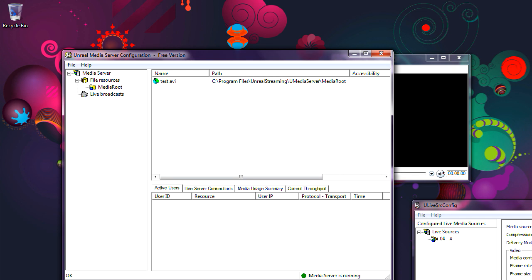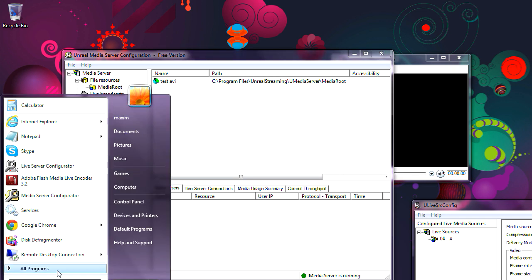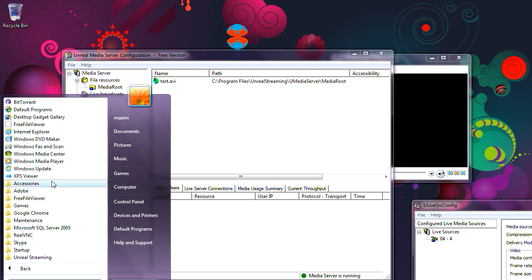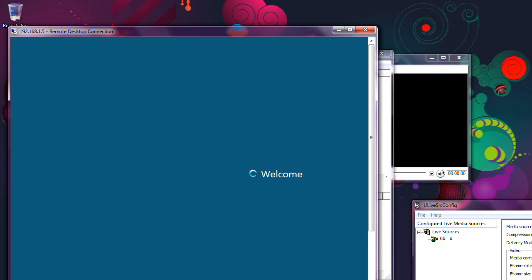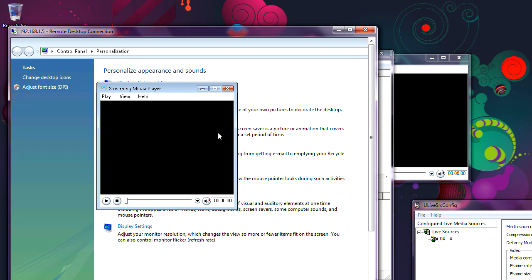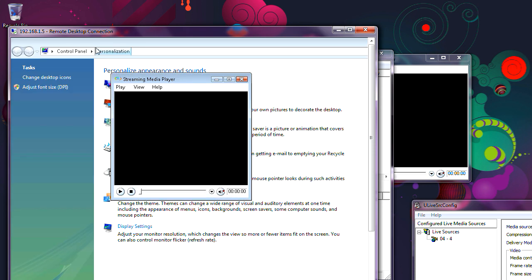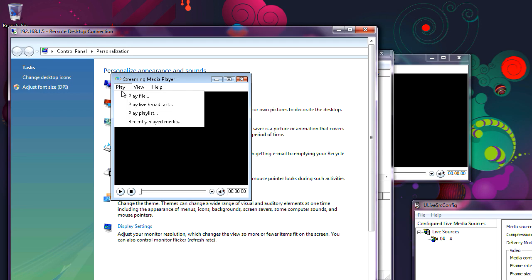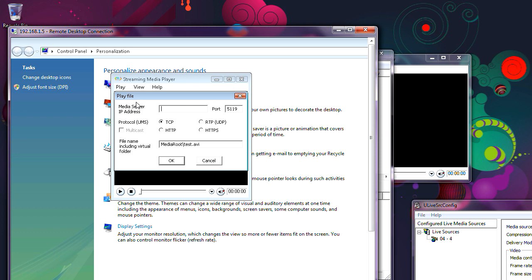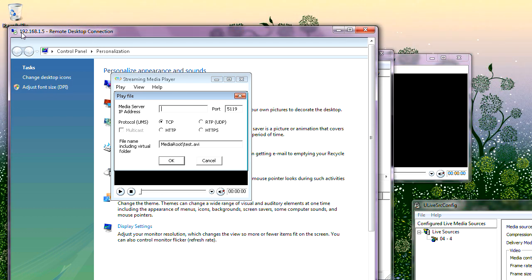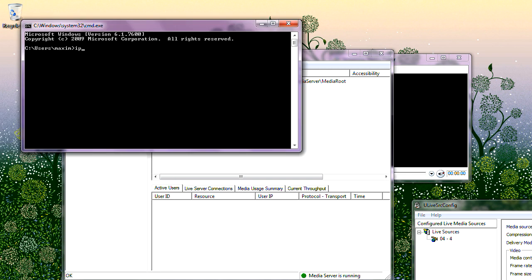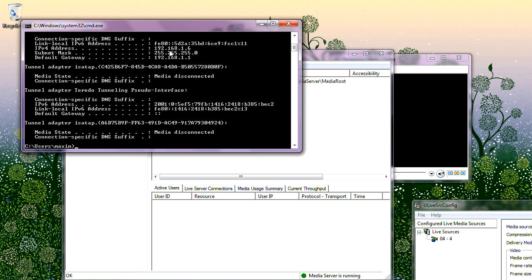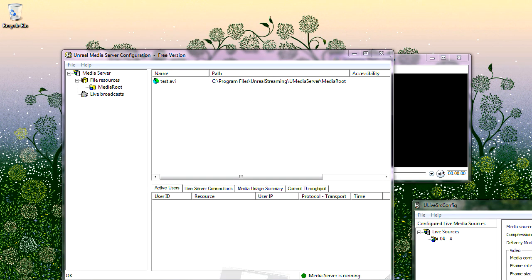Okay, so let me switch to my other computer. Remote desktop. And I have streaming media player there. So now we need to know the IP address of our server. As you can see, this other computer has the IP address of 192.168.1.5. So on this computer, on our server computer, let's find out what is the IP address. IP config. 192.168.1.6. Let's go back to the other machine, remote desktop,